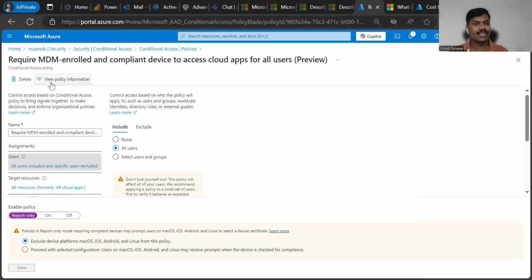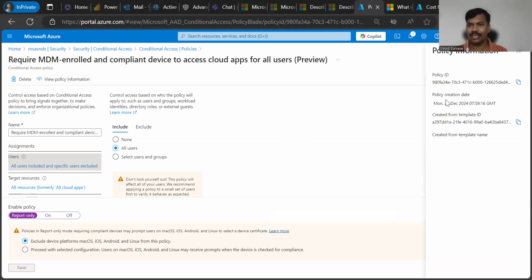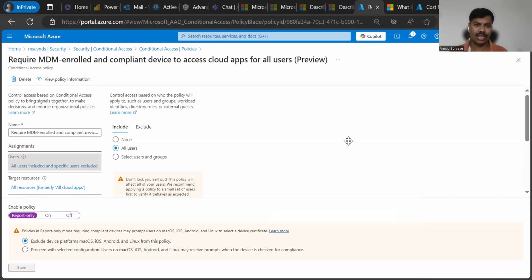So now here you can see there's an option to view the policy as well, in case we want to see anything there. And then we get a few details, not all details, but a few, and here's the option to delete as well, in case you are not confident enough, or you don't know whether we should do this or not. And another